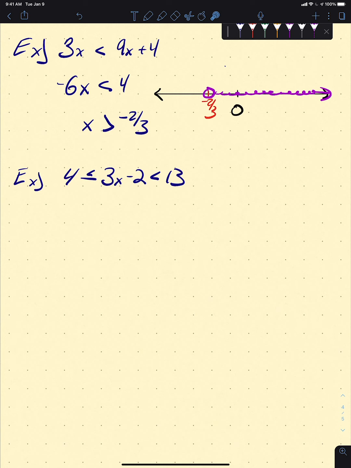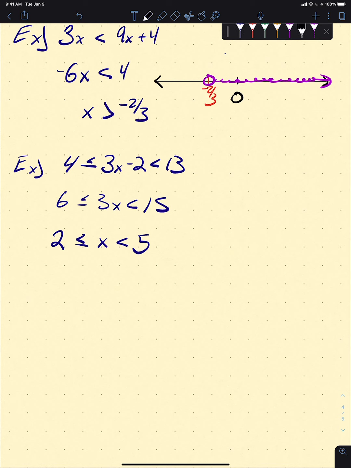But we would solve this the same way that we would before. We could just do two at the same time, right? If I'm going to add, say, 2 to both sides of the equation, now I need to add 2 here, here, and here, right? So it looks like we're going to get 6 is less than or equal to 3x, which is less than 15. And then when I want to divide by 3, I need to divide all of these by 3. And so that looks like we're going to get 2 is less than or equal to x, which is less than 5. And this is also an interval,